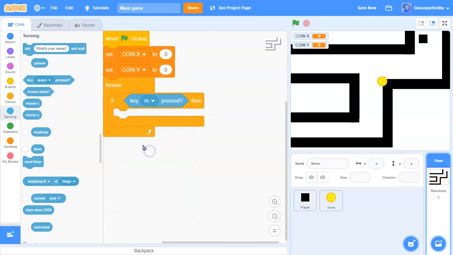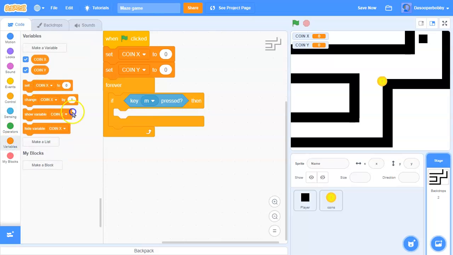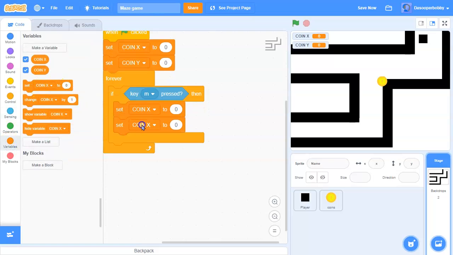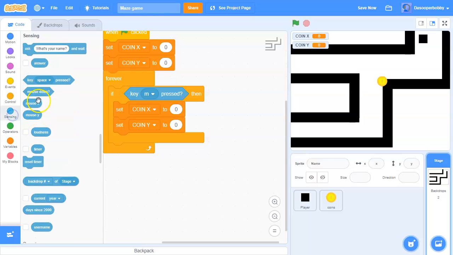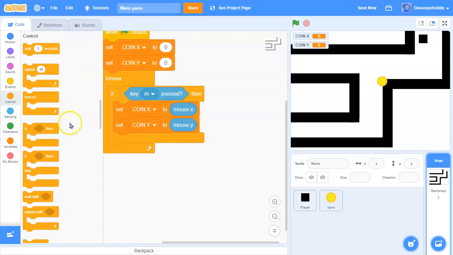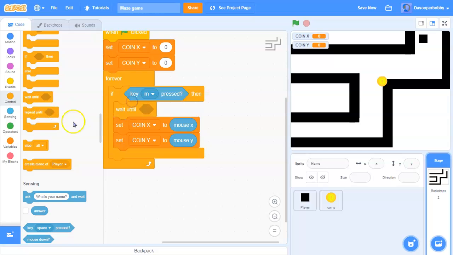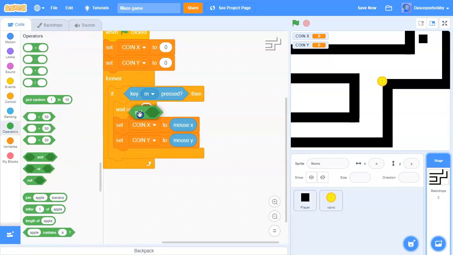If key M is pressed, then I'm going to set coin X and set coin Y to the mouse X and mouse Y positions. And right before these sets, I'm going to drag a wait until block, and drag a not